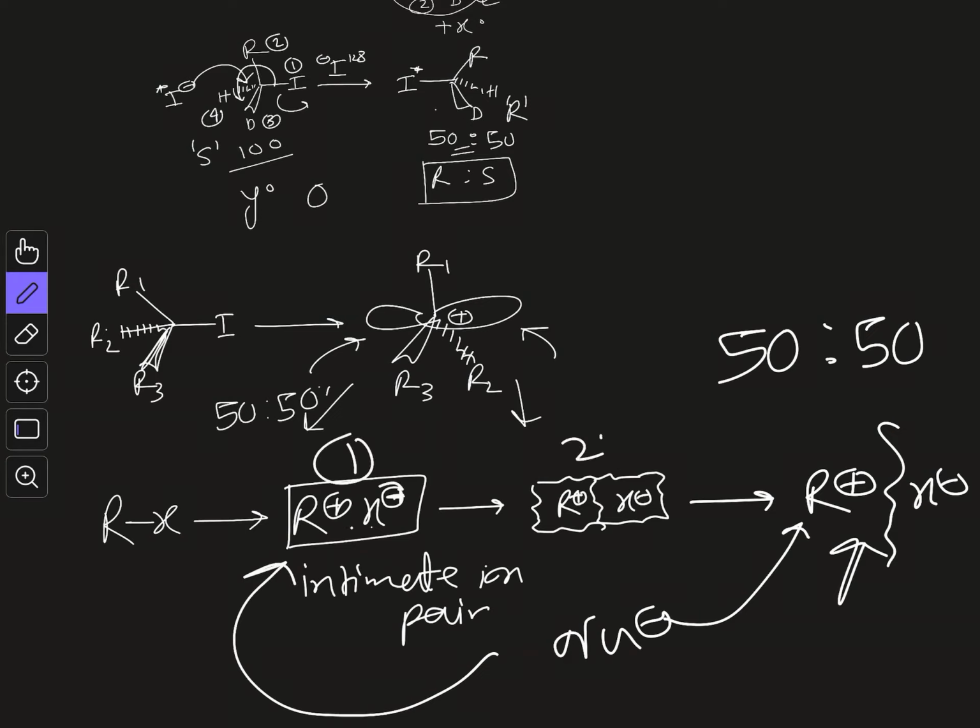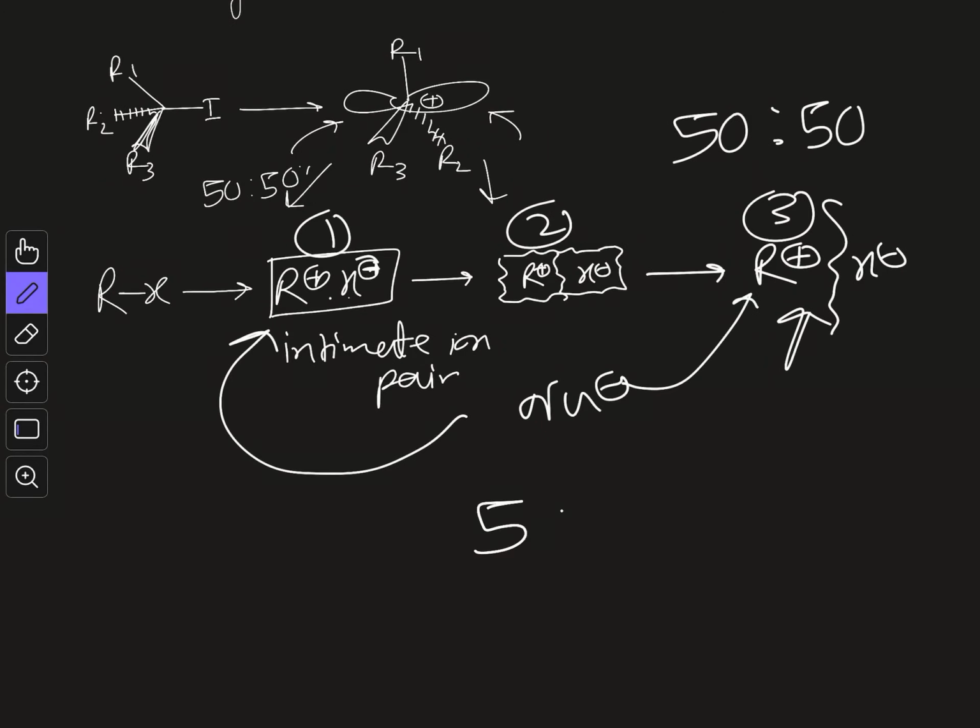and because of this, you know that all these three, this 1, 2 and 3, all these three types of ion pair are there in your reaction medium. So attack of nucleophile can take place in all of these three. So that means you will get a mixture of all these three outcomes, and that's why you never get 50-50 mixture of the two in your SN1 reaction. So you always get the inverted product as your major product.